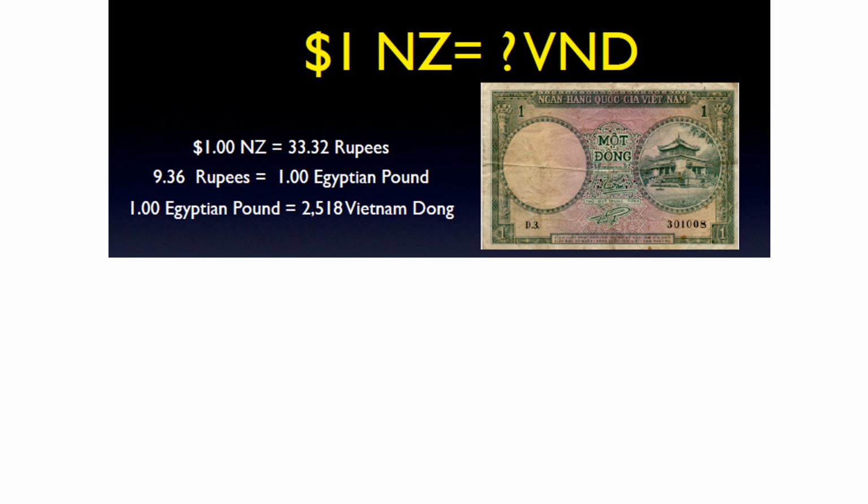So if we have the question, you have 1 New Zealand dollar and you want to know how many Vietnam dongs there are. There's not a direct conversion between the New Zealand dollar and the VND. So you are given, though, 3 different conversion factors between the New Zealand dollar and the rupee and the Egyptian pound, and the Egyptian pound and the Vietnam dong. So what we're going to do is start off with 1 New Zealand dollar, put it over 1. We're going to go from New Zealand dollar to rupee. We're going to put the 1 New Zealand dollar down there,